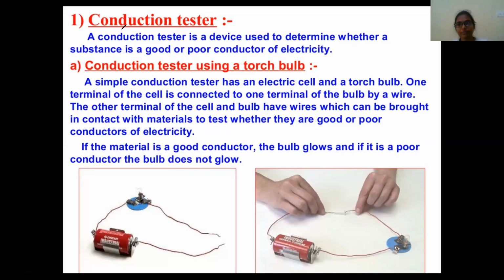How are you all? See, in the last class we understood the chapter friction of class CBSE 8. In this class we'll try to understand another chapter of CBSE, that is chemical effects of electric current. Yes children, today we'll try to understand what is chemical effects of electric current.